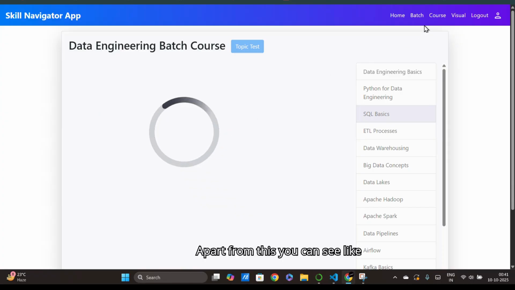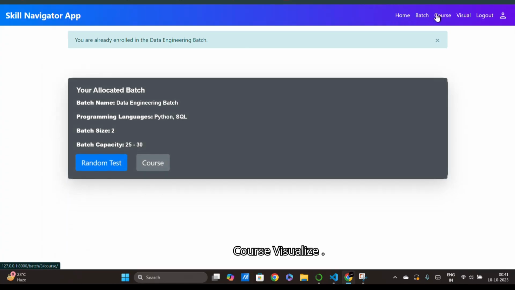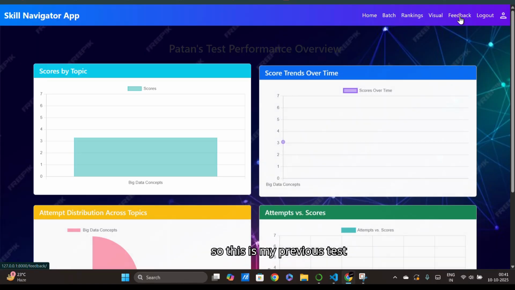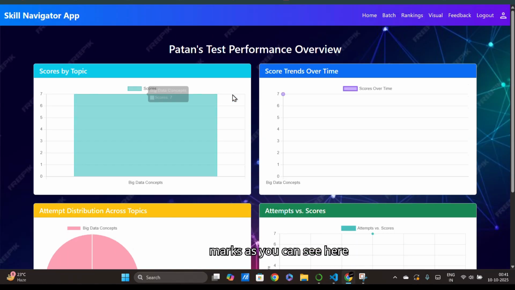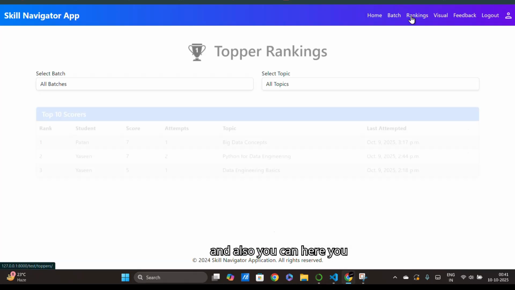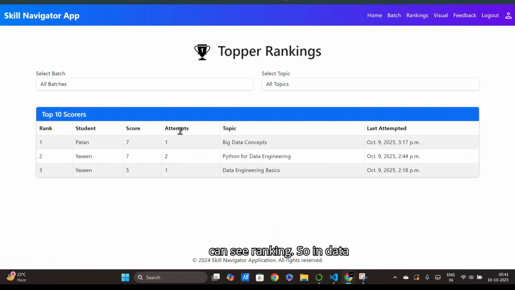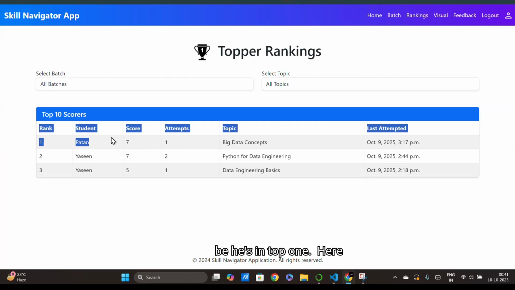Apart from this, you can see different batch courses and visualize. So this is a previous test I have given. It shows my marks as you can see here, and also here you can see the ranking. So in the data engineering batch, the one who got the great score got 7. The others got less, but he got it in 1 attempt, so the ranking shows he is in the top 1. Here we can see